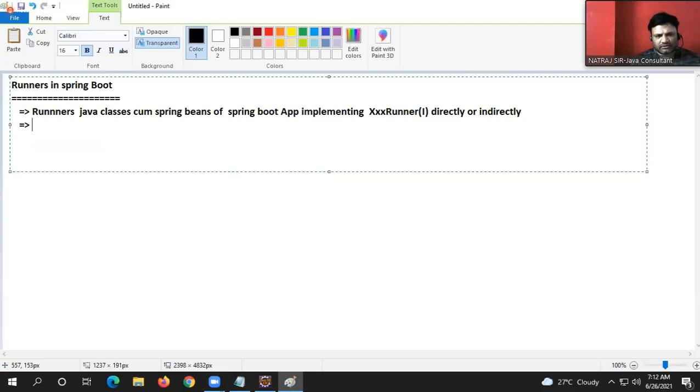So every runner class contains a run method dealing with one-time executing logics, and these logics will execute